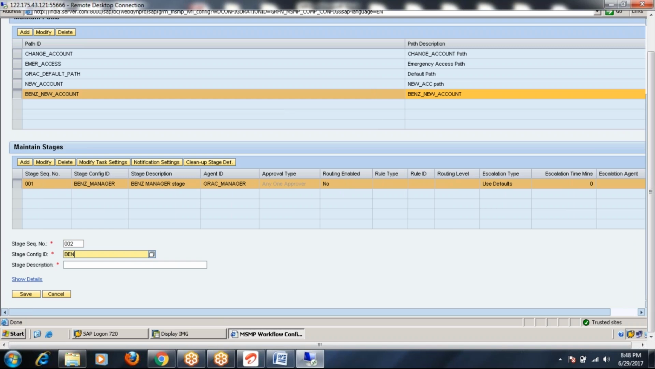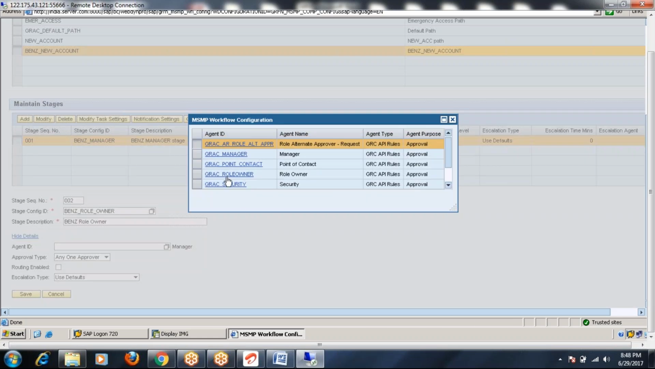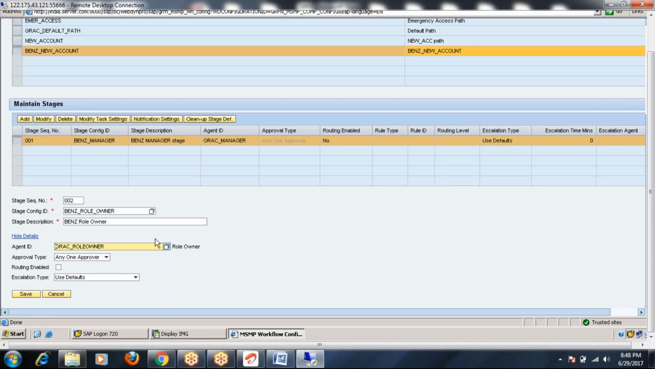let me write it as role owner, BENZ_ROLE_OWNER, role owner. Now agent ID, select the agent ID from here. We have a standard agent ID, role owner, which is of API type. API type means it goes and checks in the access control owner's link and then in the BRM, the standard one. And here again I'm selecting the approval type as anyone approver,